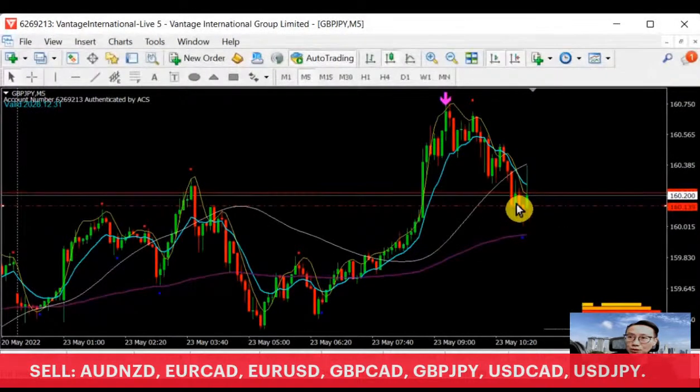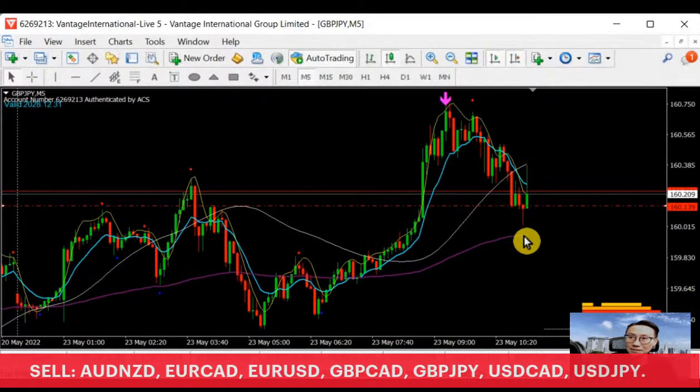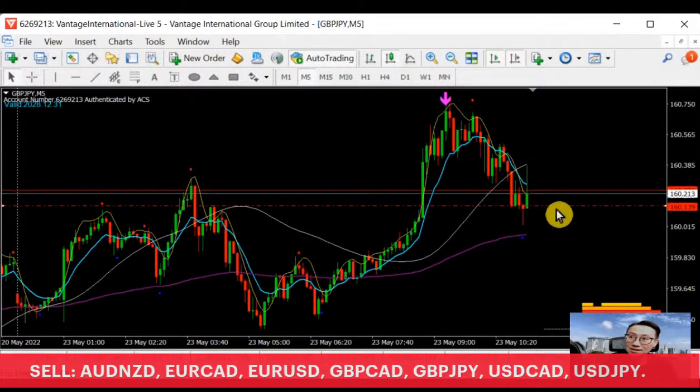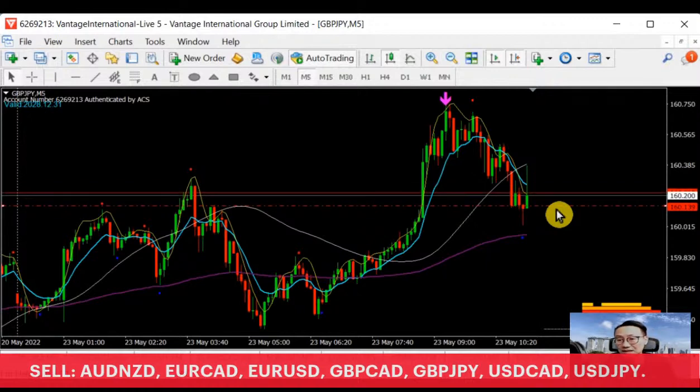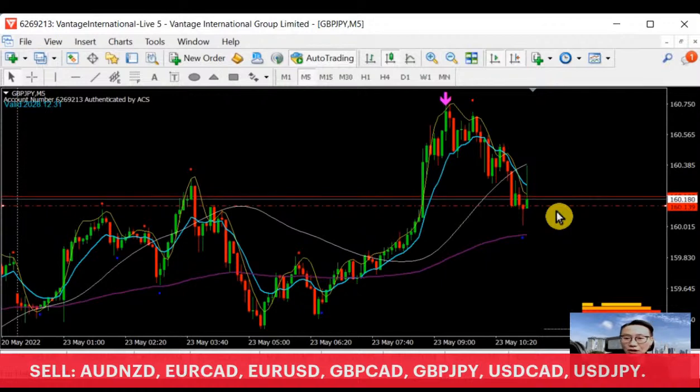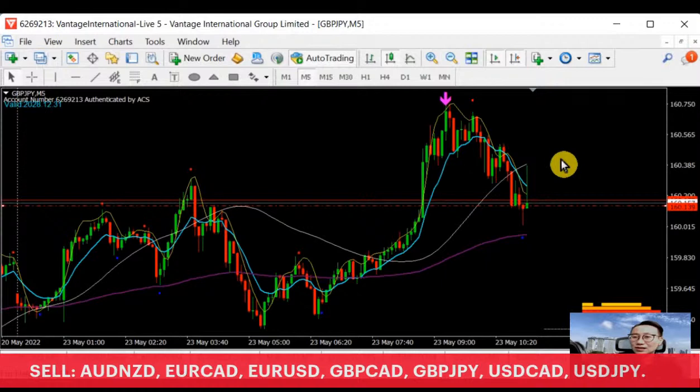Why? The support has formed up and was tested once but got rejected, correct? So now it's a support going up. If this support breaks lower and it comes back to your 160.134, this will become a resistance. So you are correct in the way that it is a support. 160.130 is a support.